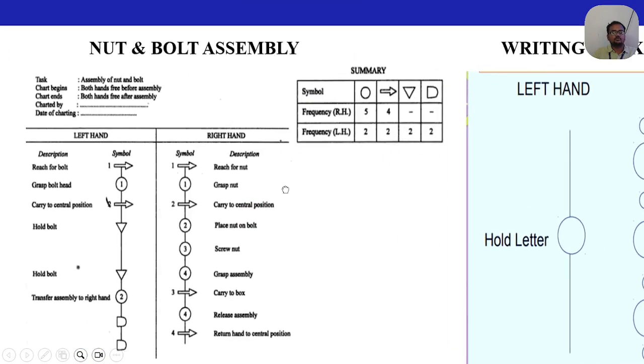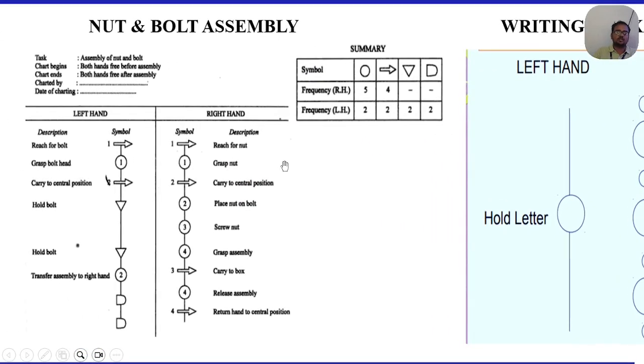We'll zoom in a bit and we'll see about the nut and bolt assembly. What is the left hand doing and what is the right hand doing? Probably people can try it out with any nut and bolt assembly which you find in your places or in your labs nearby. The left hand predominantly deals with the reaching of the bolt, the grasp of the bolt,